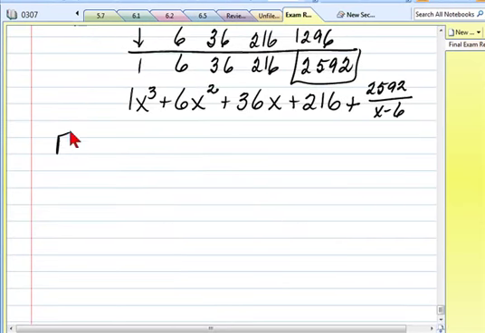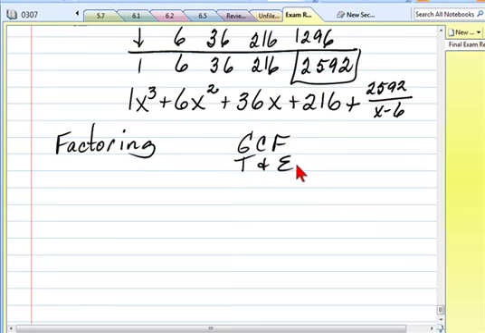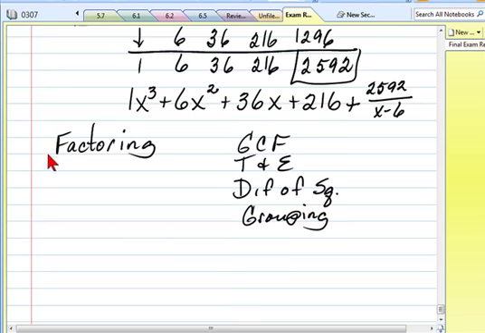The last problems are on factoring. So we know that we've got greatest common factor. We've got trial and error, which I'm just going to abbreviate T and E. And we have the difference of squares. And we have grouping. There are more things, more techniques, more types of polynomials to factor, but we don't do them in this class. So problem number 47